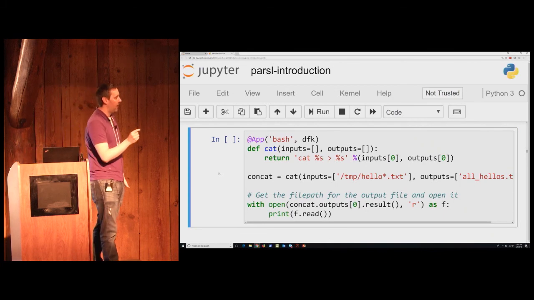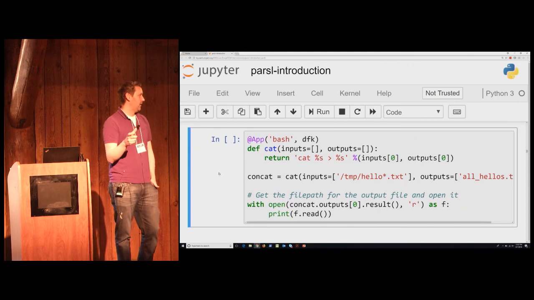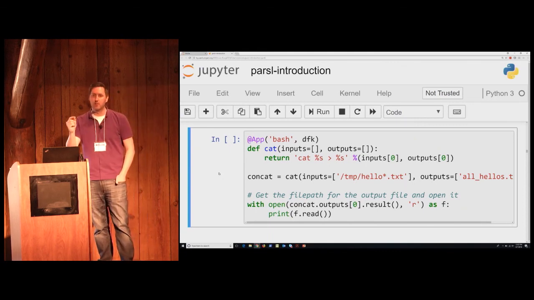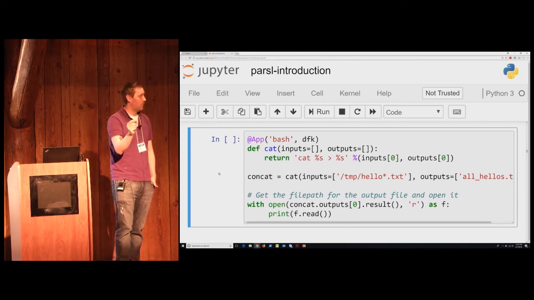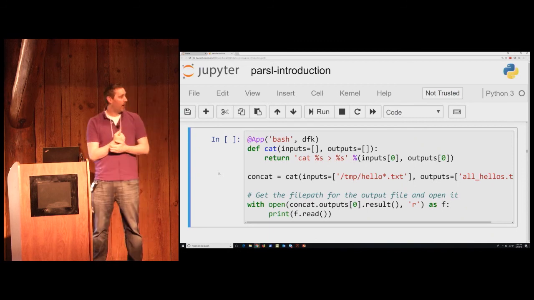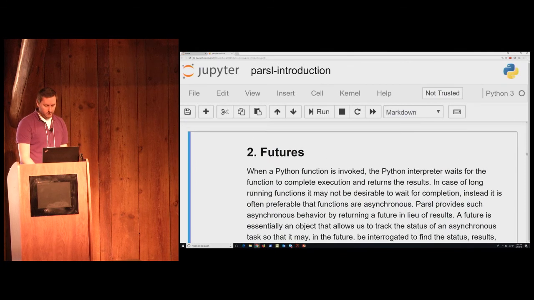So what we've done is we've defined a cat app there that has a list of inputs and a list of outputs. The command line call is basically just to cat those, whatever we give as inputs, that array, and pipe that into a single file. When we call the cat app there, we're passing in a glob pattern to say just run on all of these inputs, all these hello 1, 2, and 3, and then produce the output file, all hellos.txt. And at the end here, we're going to retrieve the result and print what's in those files. So,